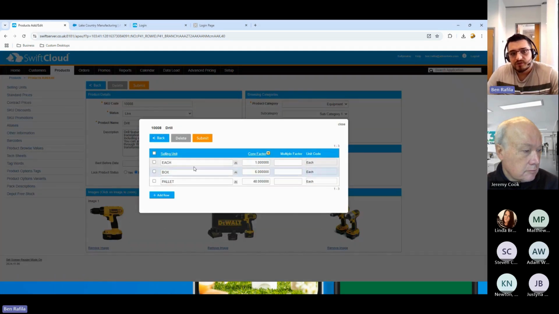In terms of selling units, SwiftCloud has a very powerful conversion factor tool. So you can do individual unit sales, you can do part boxes, split cases. You may sell your items in boxes of 6 if you do wines or whatever. But if you want, you can have the individual price per unit displayed as well. Maybe some customers want to see what it costs them per item, although you sell your products in